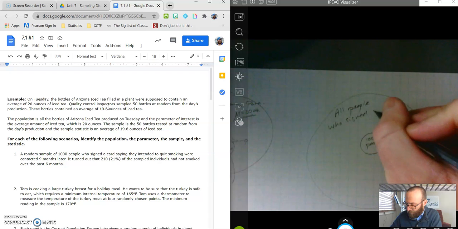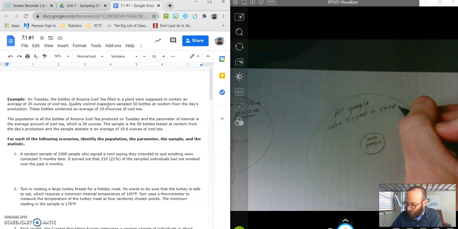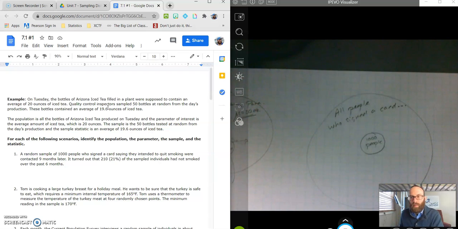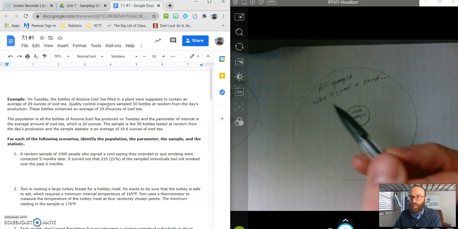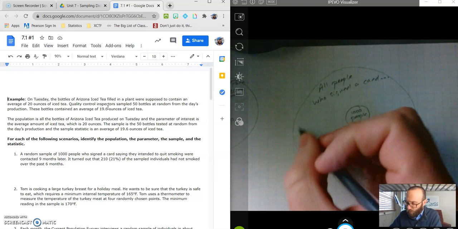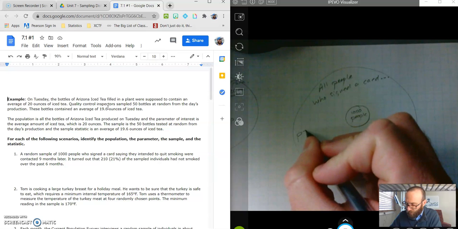who signed a card. And for right this moment, I'm just jotting things down. Now, that's not specifically said in the problem, but what we need to see is that when this says a sample, I'm pulling that out of a much larger group. Okay. Now, I'm not told specifically about the parameter here. I'm not given a specific measurement, but I know that it's going to be a proportion